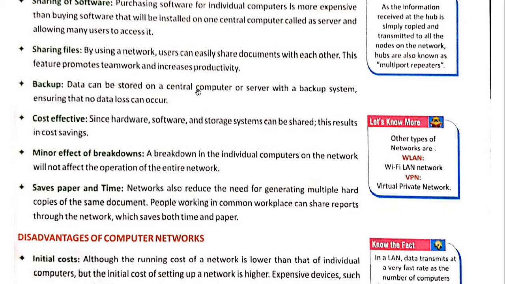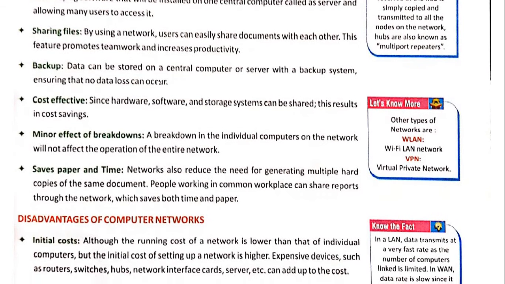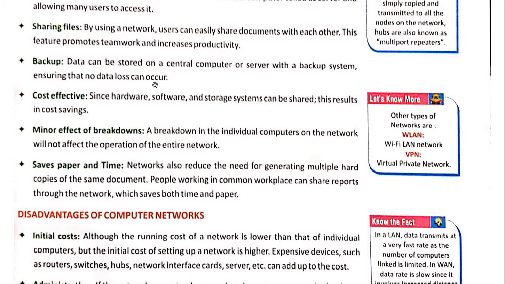So in that case, the shopkeeper or the mechanic tells you that you will lose all the data whatever is in the mobile. So to avoid such type of problem, when two mobiles or two computers are connected with each other, then they have access to the resources. So if one computer gets damaged, another computer can have those very files, and then damage to one computer may not harm the files of the other computer, and its backup can be stored very easily in the other computer.